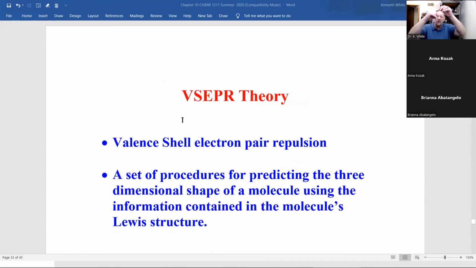And again, there's a theory that has evolved called the VSEPR theory. VSEPR is the acronym for valence shell electron pair repulsion. Now, valence shell electrons are the outermost shells of an atom, and we're talking about 2. And repulsion,